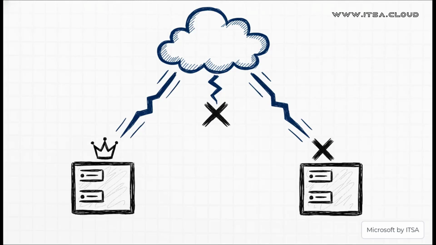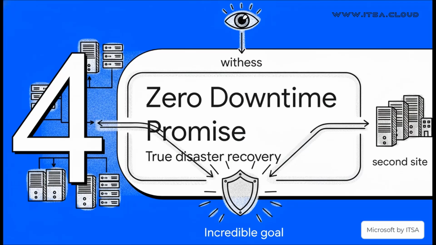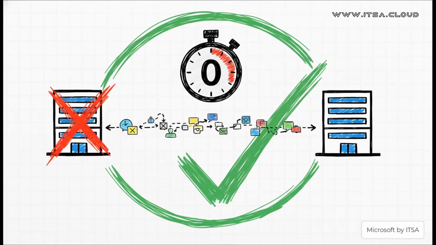And this witness can be something as simple as a file share, or even better, a cloud witness up in Azure for maximum resilience. So this whole architecture, the two sites, the synchronous data, the witness, it's all working together in service of one incredible goal. What you get is true, honest-to-goodness, site-level disaster recovery. If one of your data centers literally falls off the map, the failover to the second site is automatic and almost instantaneous. Your most critical apps just keep on running. Your users, they probably won't even notice anything happened. And Windows Server 2025 has made the networking side of this even smarter and smoother than before.